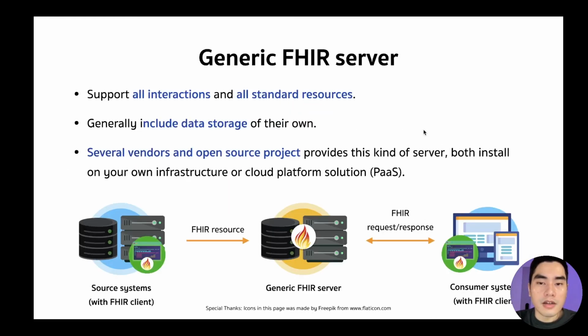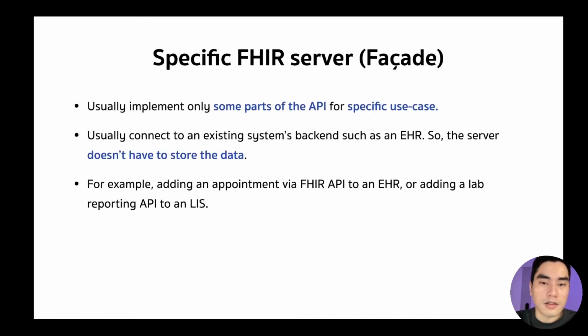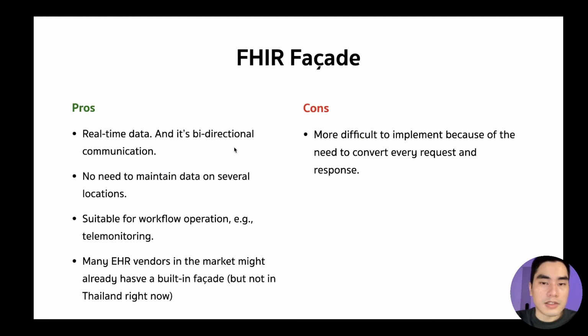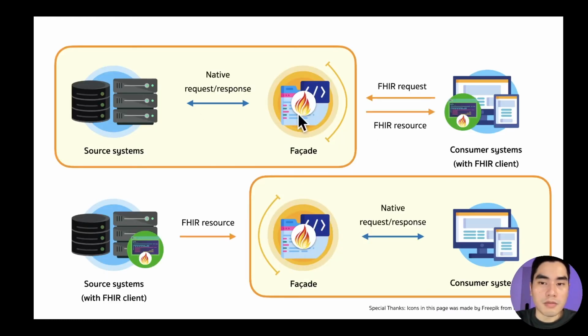Like I mentioned earlier in the generic file server, if you want to send the data to this source system, you will have to add the functionality to the server or make this system retrieve the data from here periodically. That makes it more complicated. But in a facade, if you choose this way, you can make it a bidirectional information flow. But this one is another story. I mainly mean this one.